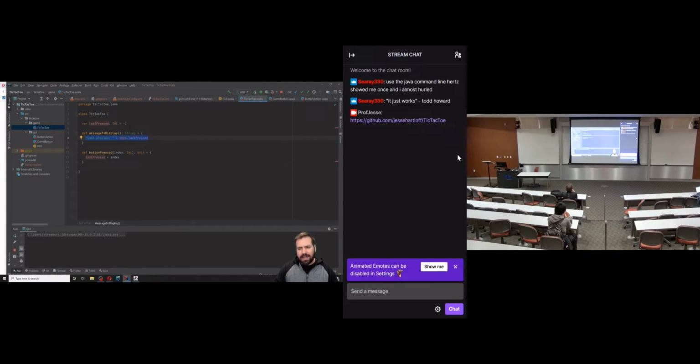And I kind of rushed this at the end of last lecture. I think I was a little overtime when I finished up all this. So right now, I'm remembering which button was pressed in a state variable, and then I'm displaying whatever the last button pressed was in the message to display. This isn't really something we want to do for tic-tac-toe,